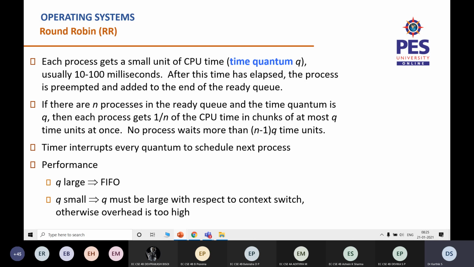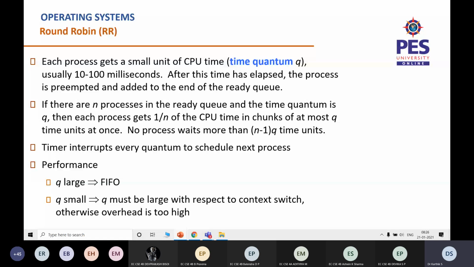One process which is half executed is removed from the processor, and all its variables, memory, everything is written back to the PCB. The next process's PCB is where you pull out all this information, register contents, memory and so on, load it, and then it starts the execution for the indicated time quantum. As you can understand from this, round robin is going to increase the number of context switches required. That's another overhead for the processor.